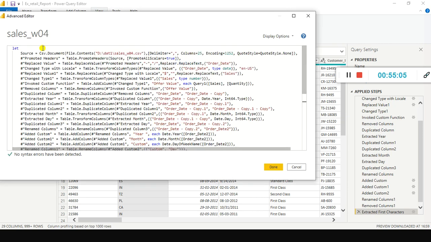So these are all called your, look here, this is the source. The source is called as a variable, okay, variable name, right? But it corresponds to the individual steps in the applied steps. Right? This is the applied steps pane. So this is the one, right? So the first one is, look here on the right side. If you go here,